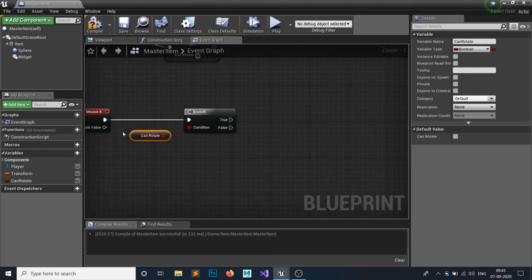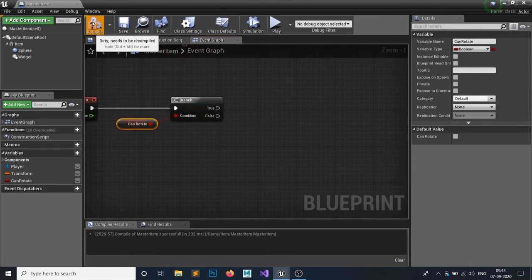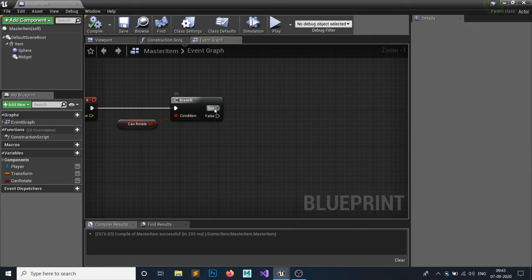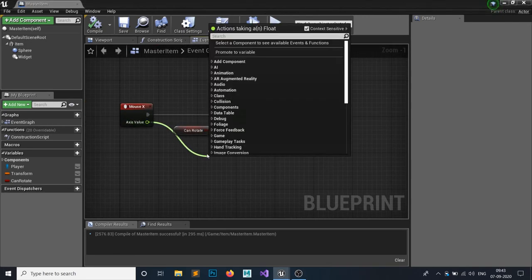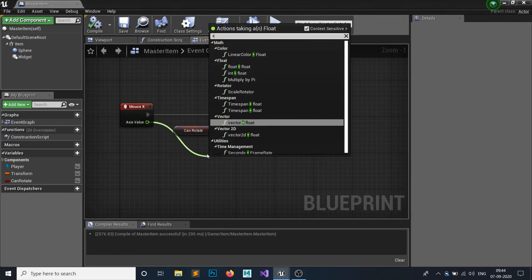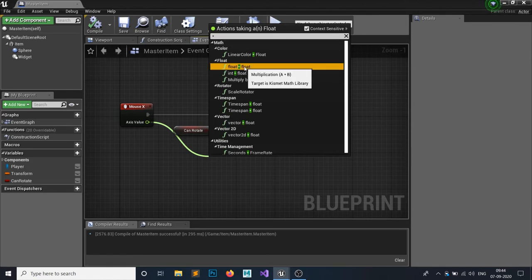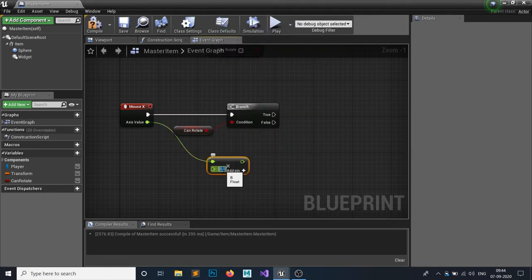Okay, so how are we going to do that? First, get this axis value, and multiply it with a float asterisk float, and let's say we want to multiply this with -2.